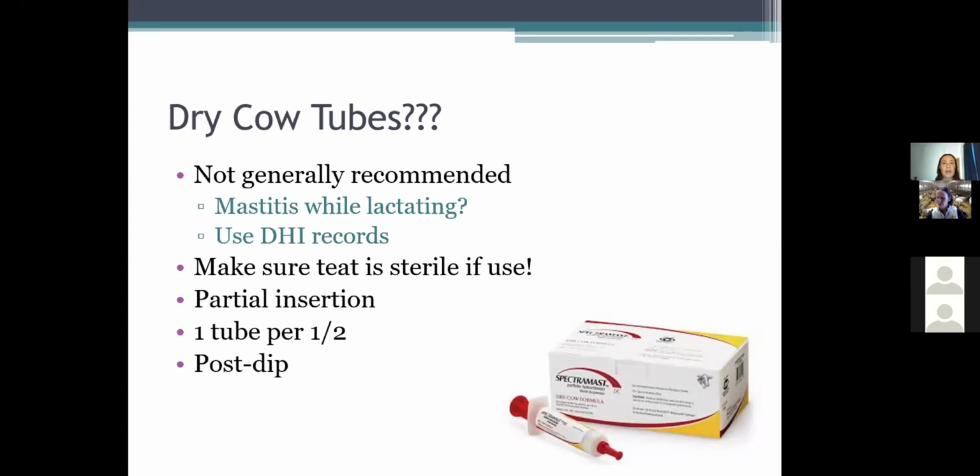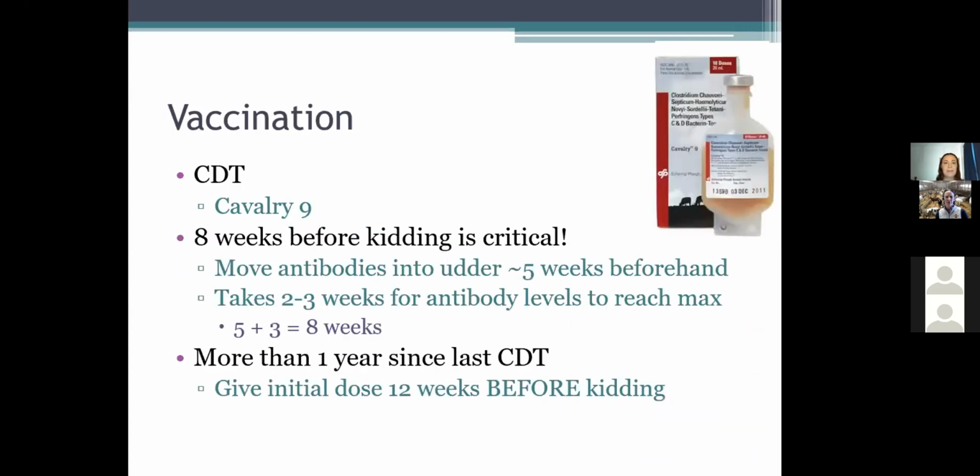I do use 1 full tube per half, and then afterwards do a good post-dip. Some of those dry cow tubes have a full insertion or a partial insertion tip. Definitely go with that partial insertion tip so that you're not causing any extra damage to the inside of the teat. As far as vaccines go, during the dry period is a great time to vaccinate those does, typically with